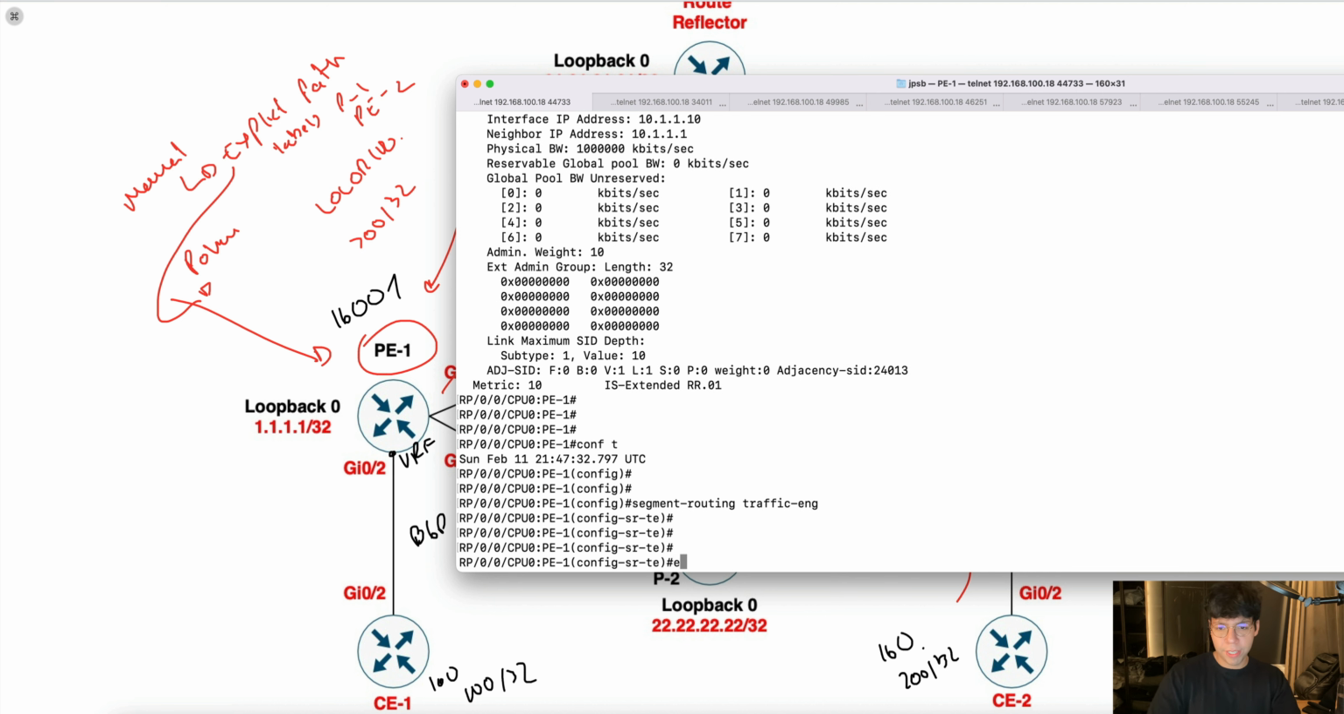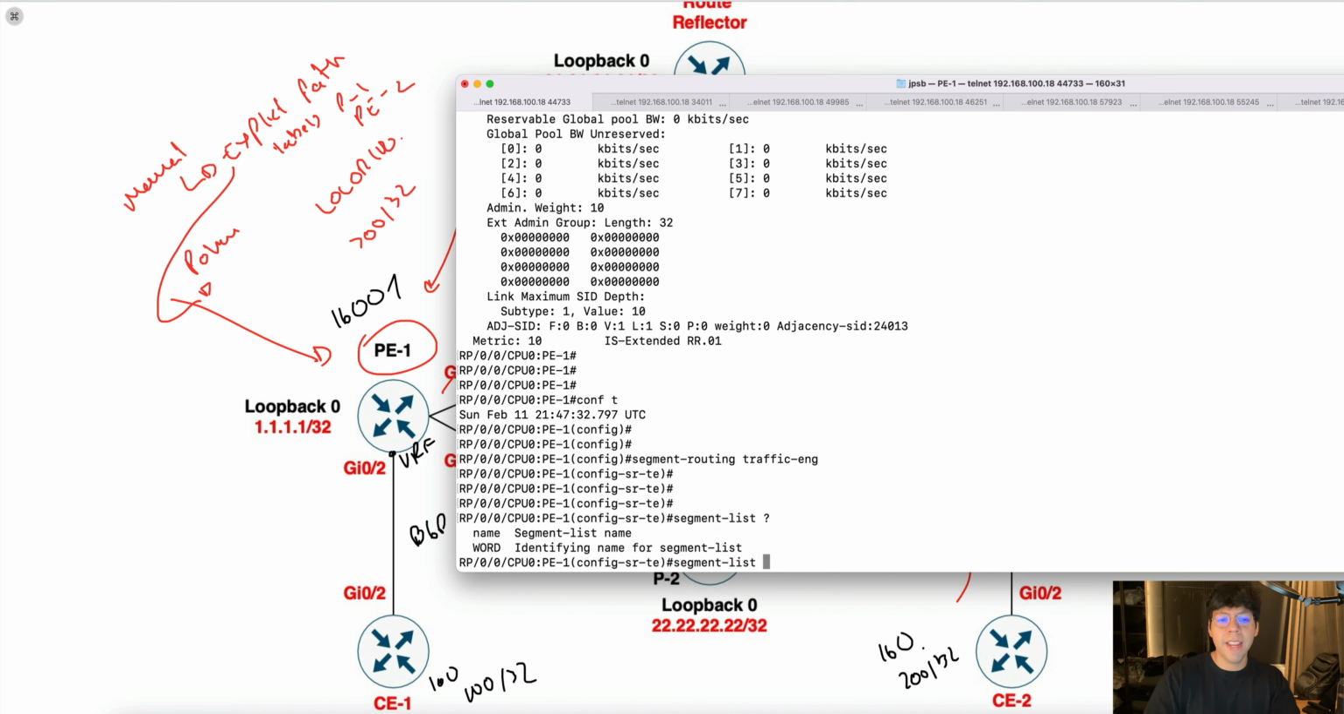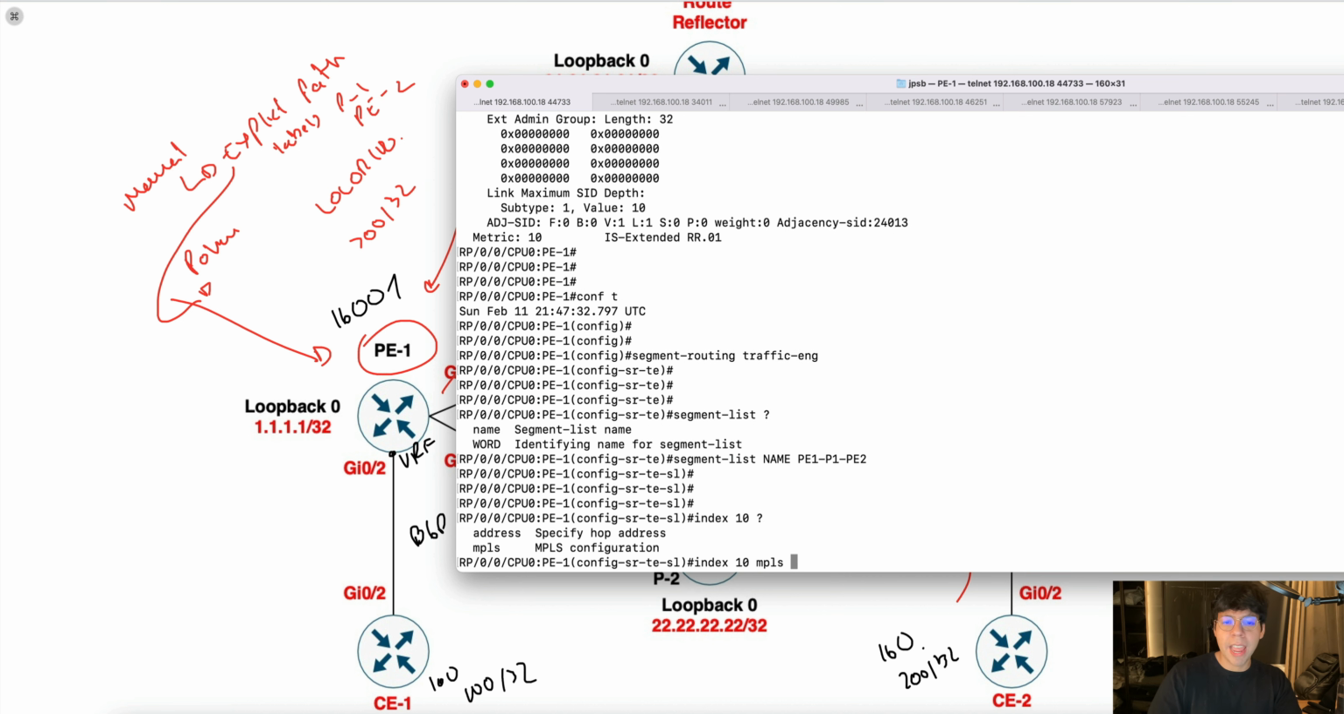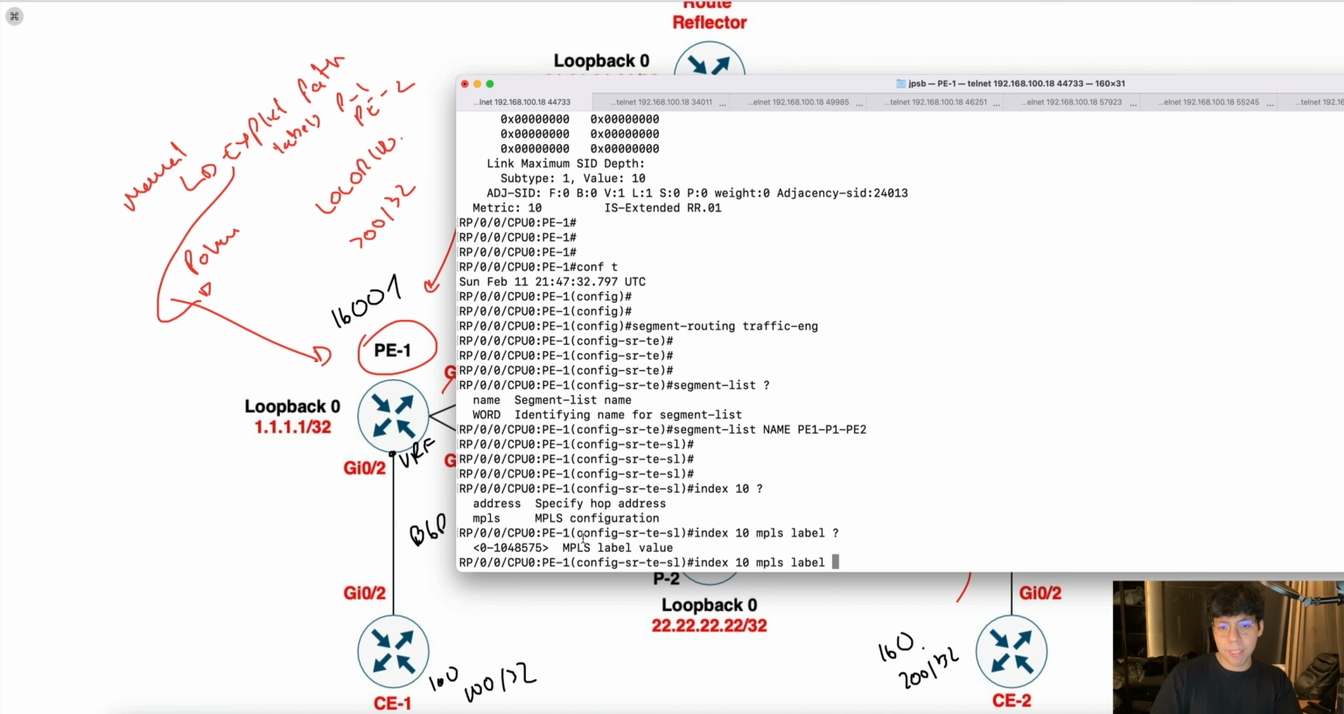So here I can configure the explicit path. Actually, you can create a segment list. This is a way that I can create explicit paths in segment routing traffic engineering. So I create a segment list, then I put a name there, that is P1 to provider 1, then to P2. Then here I should create index values. So index 10, then MPLS. As you can see here, you can specify an address as well, but I will do labels. So label, then here I specify the label